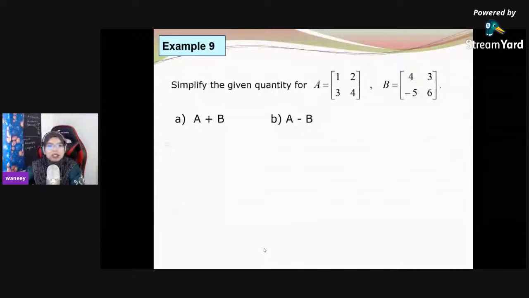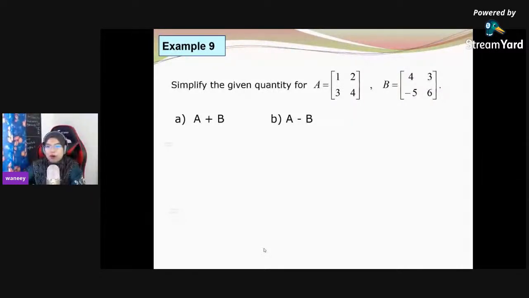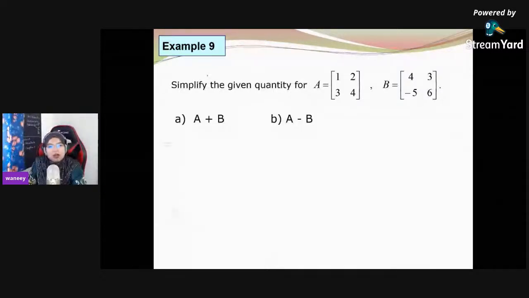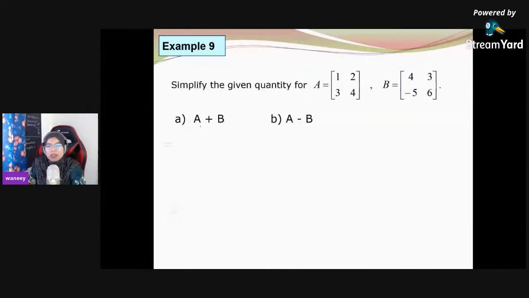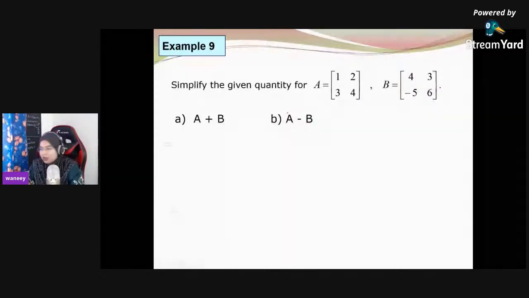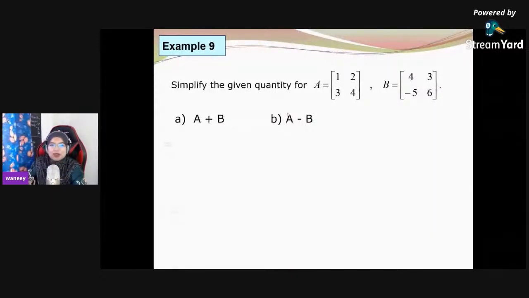Okay, so now example 9, simplify the given quantity for A, 1, 2, 3, 4, B is 4, 3, negative 5, 6. Okay, so now you got to know how to do A plus B and A minus B. So I already showed you one example previously, so I'll give you around 2 minutes for you to calculate the A and the B. So please calculate A plus B and please calculate A minus B, and then we are going to discuss the